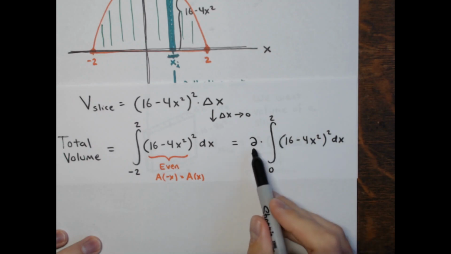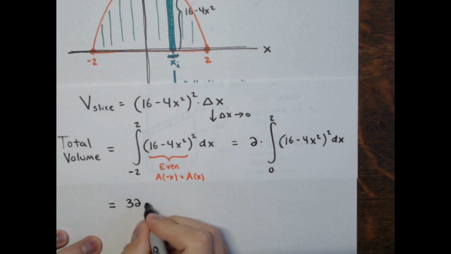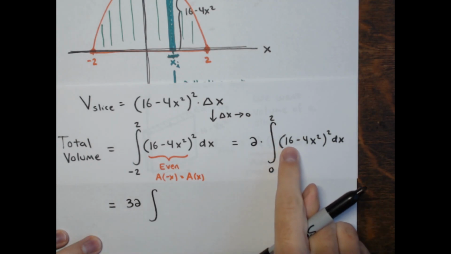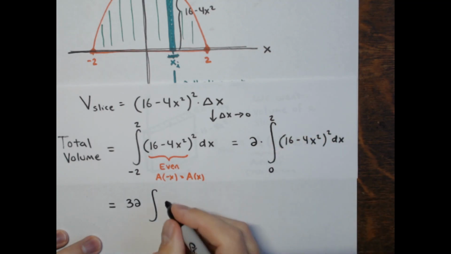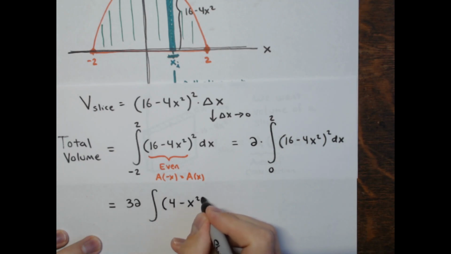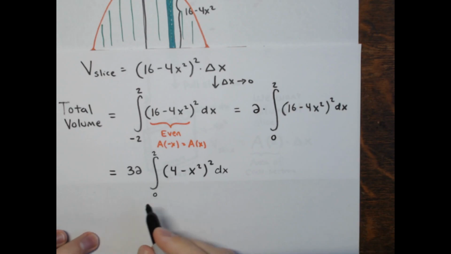4 is being squared, that'll be 16. So I'll pull the 16 out. 2 times 16 is 32. Okay, again, that's just factoring 4 out of this quadratic here, and then remember that it's being squared. And then what we have is 4 minus x squared in here, dx, and we're doing the integral from 0 to 2. Need to multiply this out, right? I can't integrate this product. So it's 32 times the integral from 0 to 2